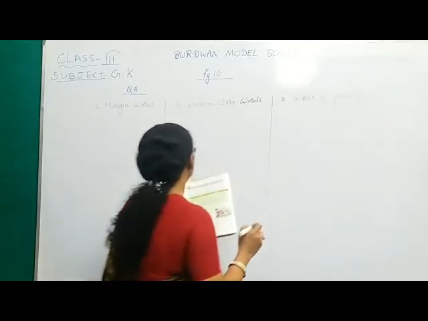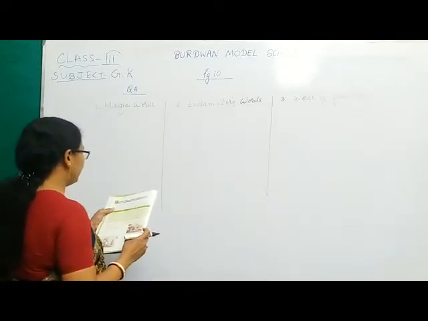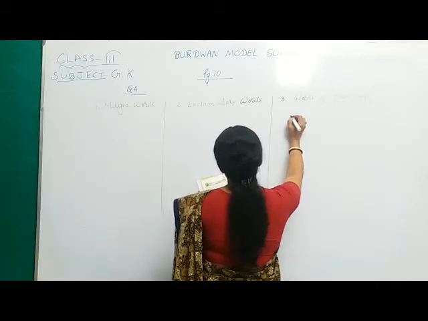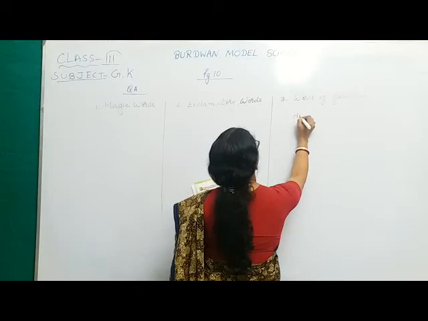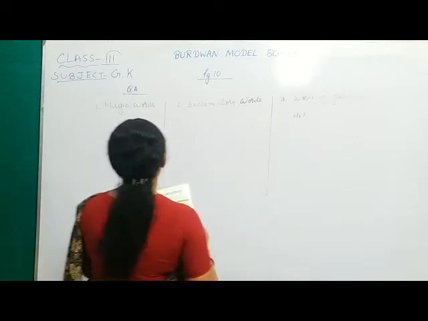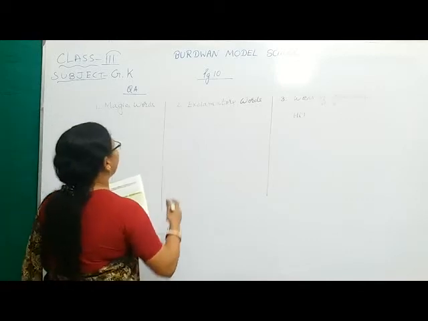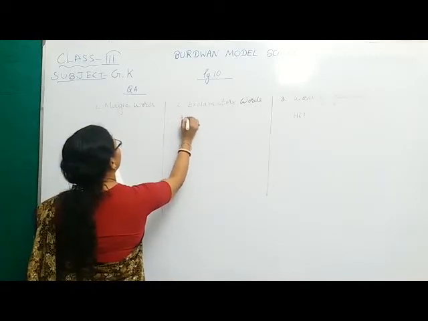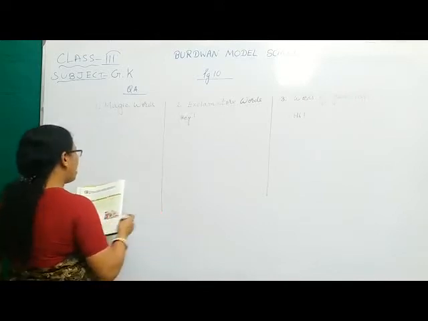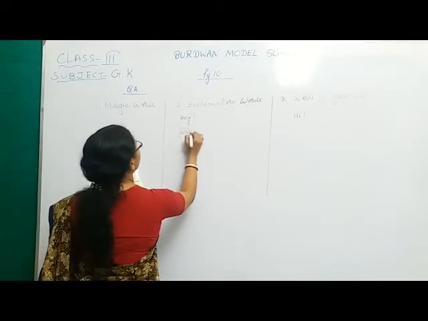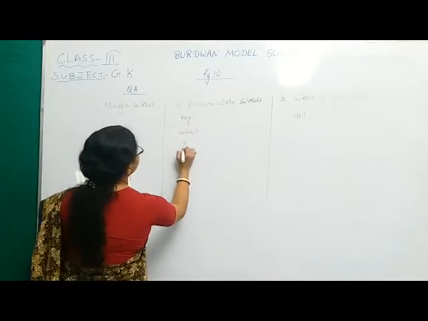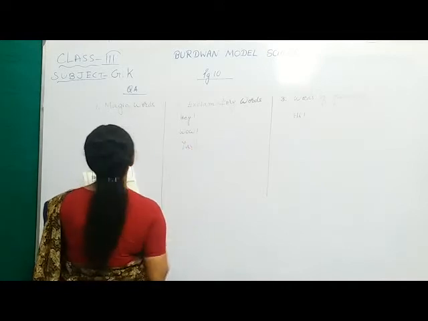So here the first word what I am getting is in the box, it's hi. So hi is a word of greeting. Okay, so we are going to write hi with exclamatory mark in words of greeting. Next, number 2 is hey. It's an exclamatory word. So we are going to write hey over here. Wow, it's also an exclamatory word. Next is yeah. Yeah is also an exclamatory word.